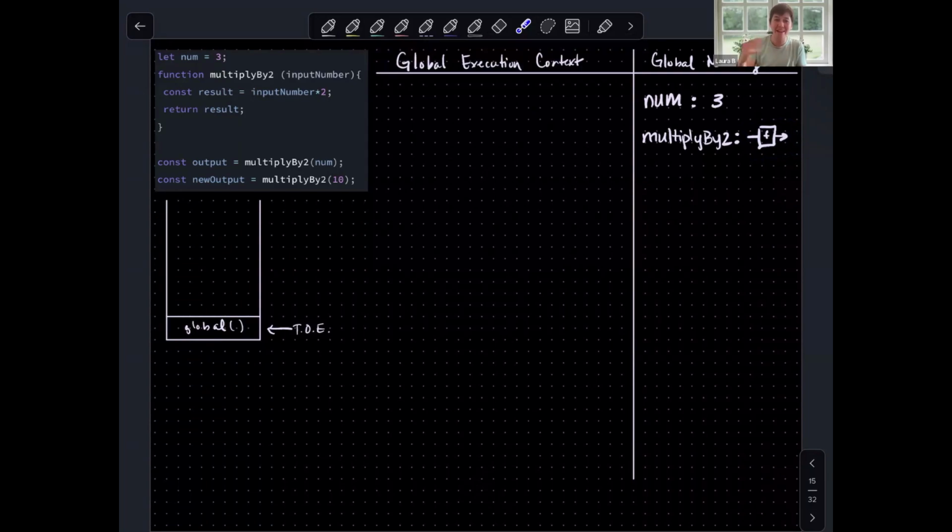JavaScript does read from left to right and top to bottom, but when it defines a function, it will wrap all of this up in our function definition box. It will not run that code. Instead, it will move down to the next executable line of code, which is right here,